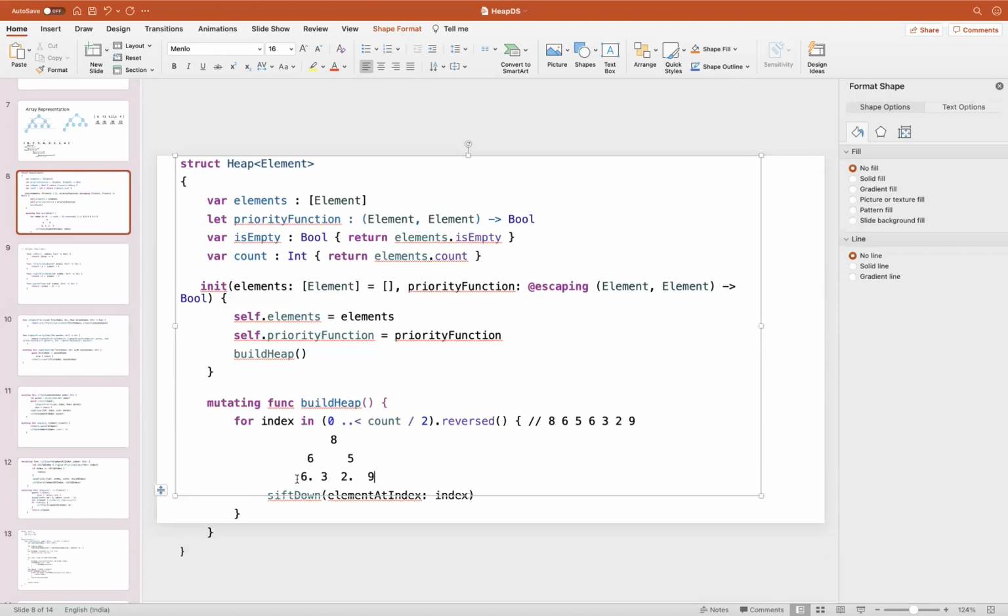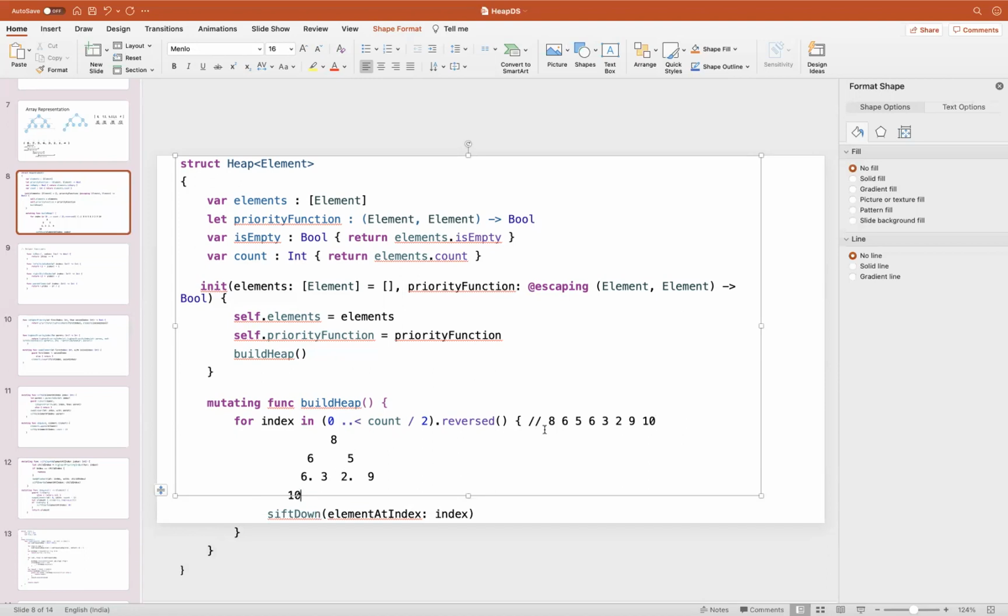Let's take one more example, 10, one more entry. I don't know right now whether this is a max heap or not, but I know this will be the format in which the array should be represented.